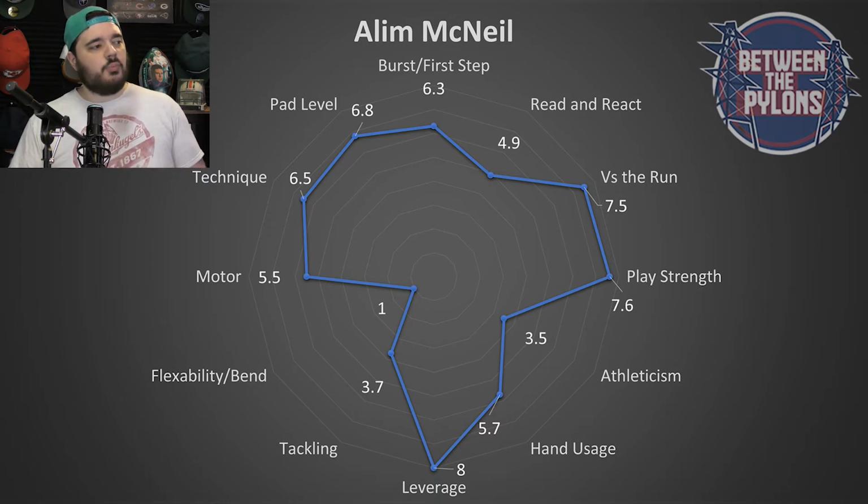Read and react at a 4.9. It's a positive grade for me overall. There was never really a point where I thought he didn't know where the ball was. At his position, it's not the biggest thing for me. I'm not super worried about it, especially with the style of game that he plays, but he